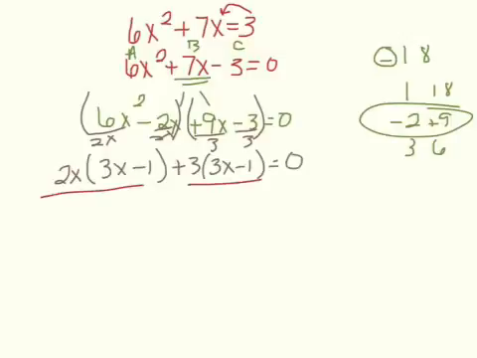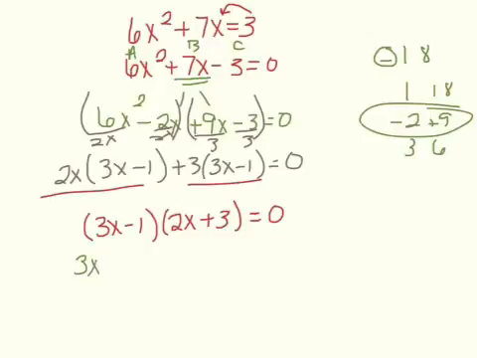What do I have in common in those 2 factors? Well, I can factor out a 3x minus 1, and left over on the left I have a 2x, and on the right I have a 3. So my last step here is to set each one of those factors equal to 0